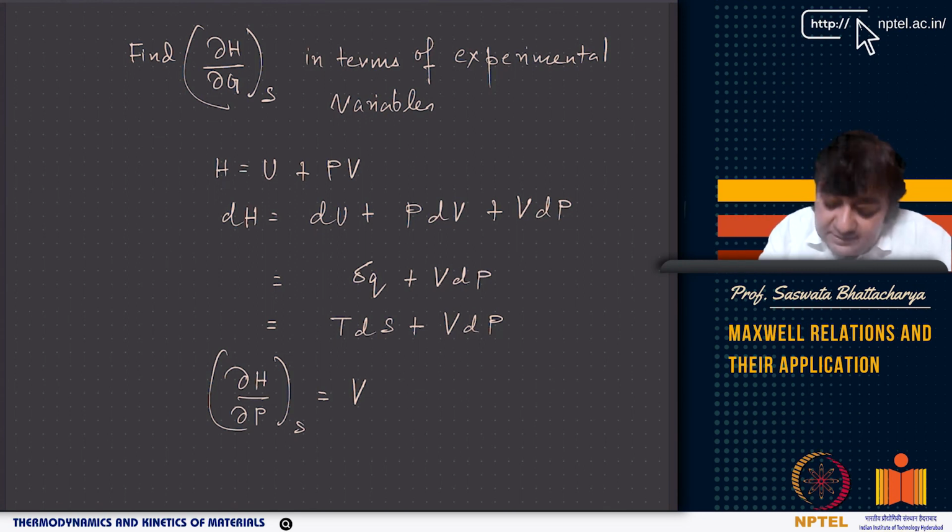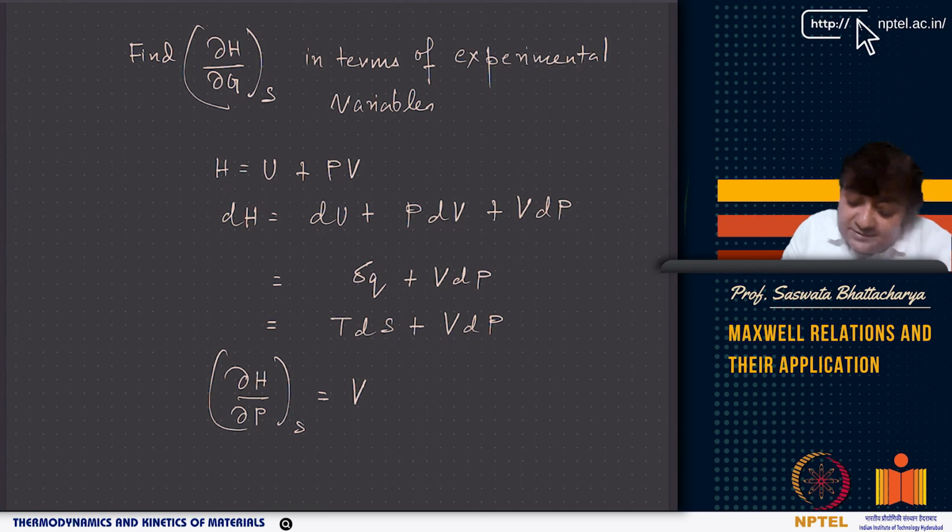But you can measure them in terms of experimental variables. In this case, there is one variable, it is isoentropic. So if I know the standard entropy, I can estimate the entropy, and I can also find del H del G in terms of some experimentally measurable